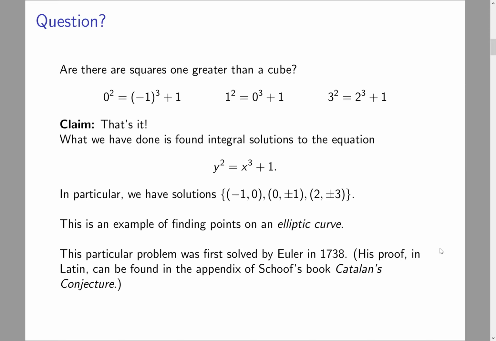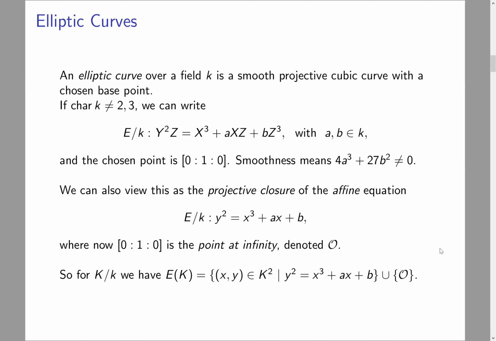Okay. So I claim that in modern language, we would call this finding points on an elliptic curve. So let me tell you what those words mean. An elliptic curve is defined over a field K, and it's a smooth, projective, cubic curve where we have additionally chosen a certain base point on that curve. Okay, so a lot of words to unpack there, and I'm not going to unpack them all today in full